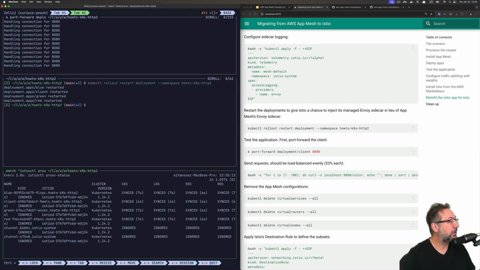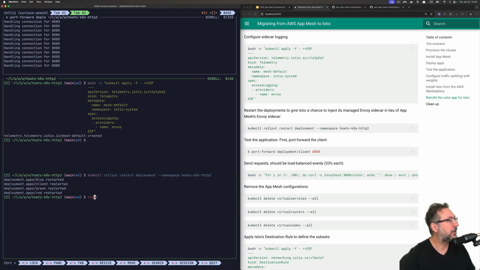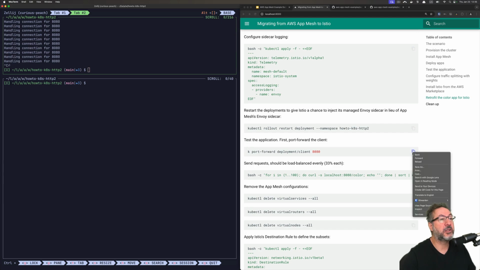All right, so that is a simple way to verify that our workloads are now being managed, or at least the networking for those workloads, by Istio, and they're no longer managed by App Mesh. So what we can do at this point is test the application again. We can port forward again,